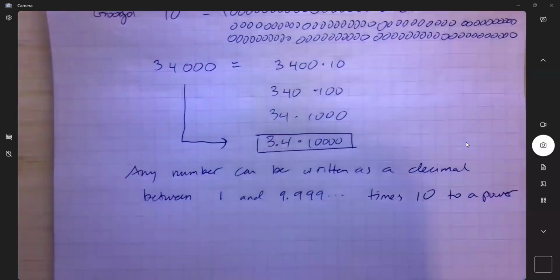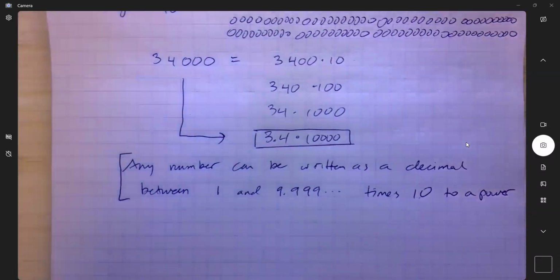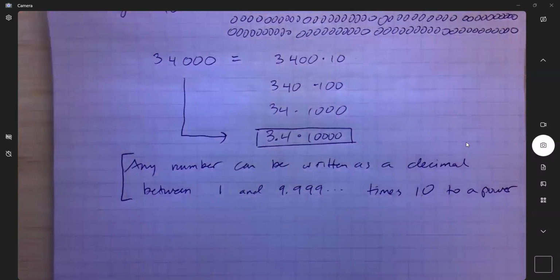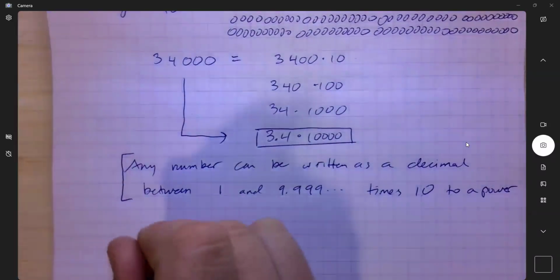And that is exactly what scientific notation is. It's the fact that any number can be written as a decimal between 1 and 9.999 times 10 to a power, like